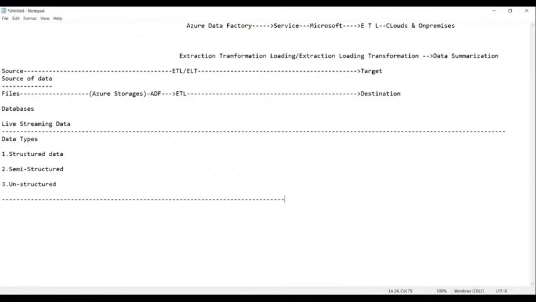Machine generated data, and banking applications. We get the data from banking applications, OLTP, sensors, etc. These are the various businesses from where we get the data ultimately. That data we pick up using the Azure storages and store it. Then the process of ETL starts using ADF, that is extraction, transformation, and loading. Finally, it will be loaded into the target.